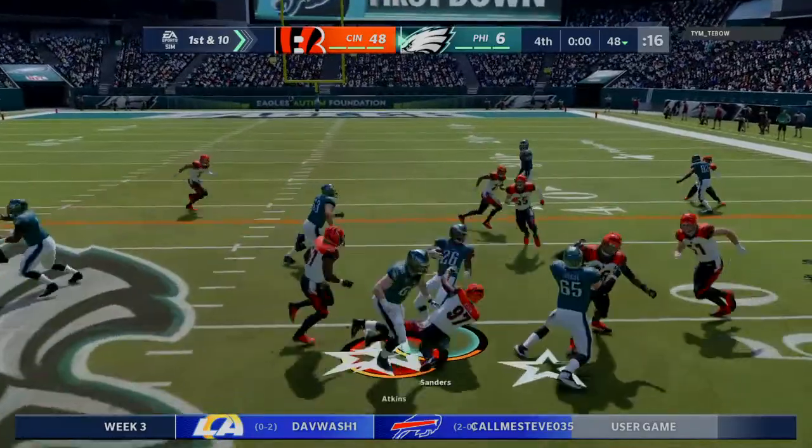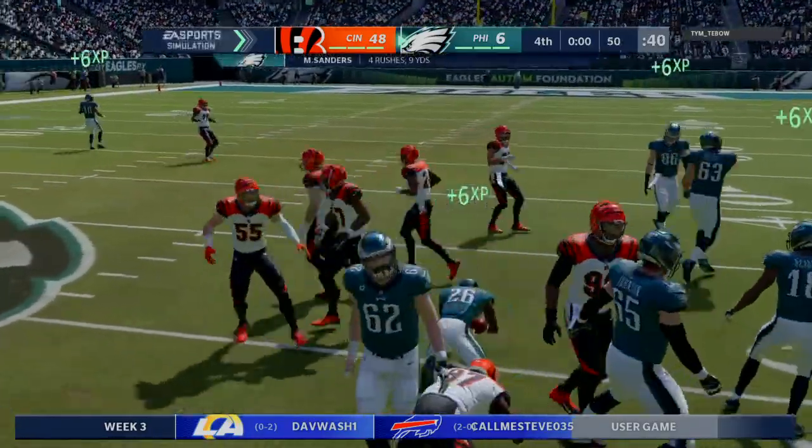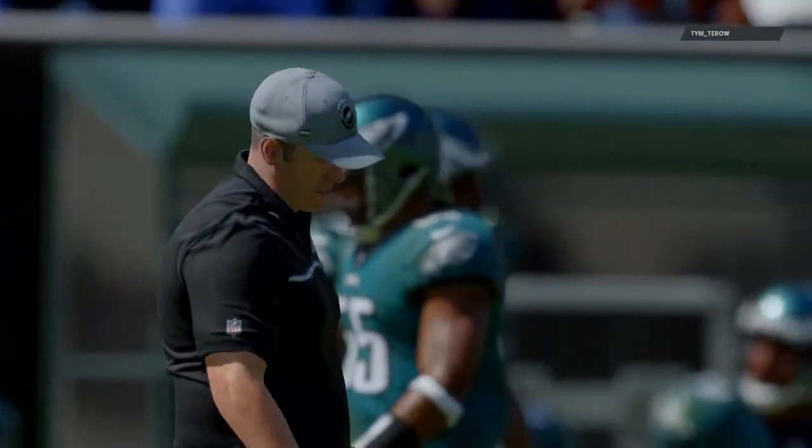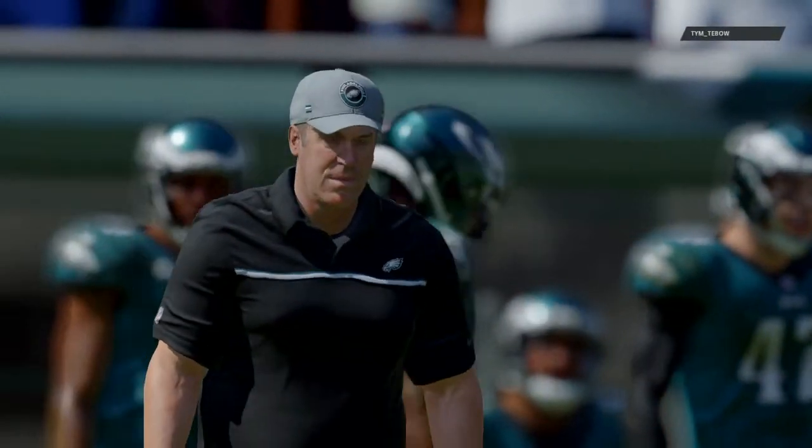On 1st and 10, it's Sanders. And he's taken down at the 50 after a short gain of 2. A big offensive explosion helped leading them to victory. And the defensive guy. It makes their